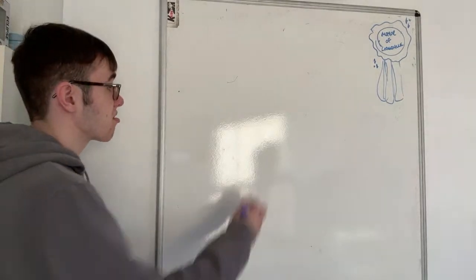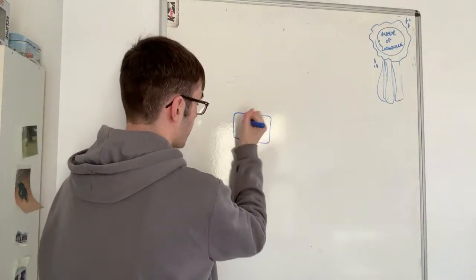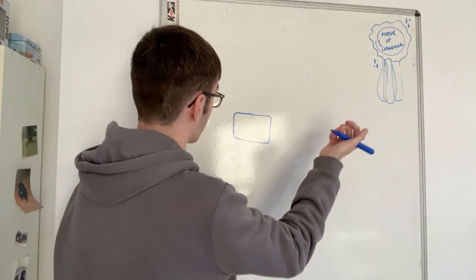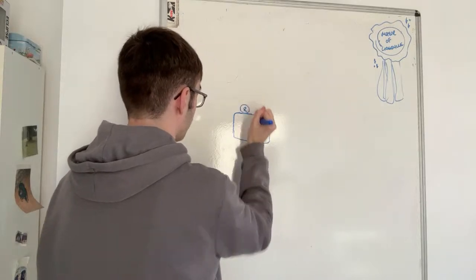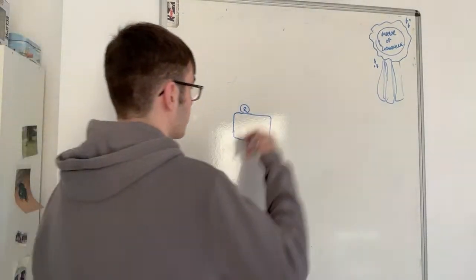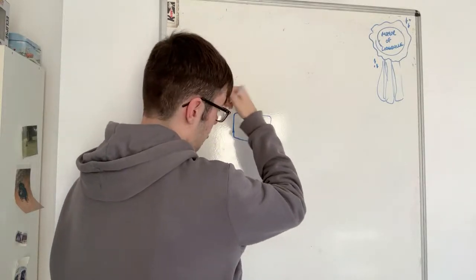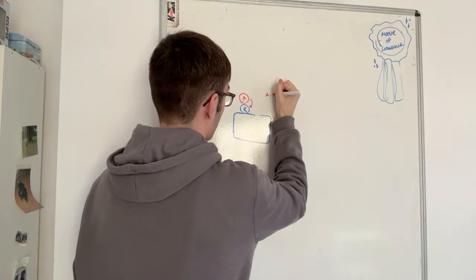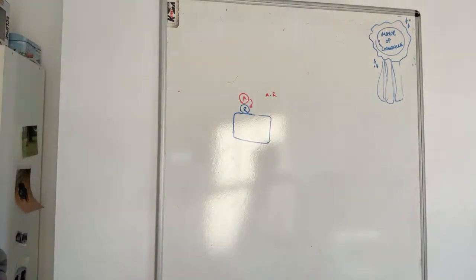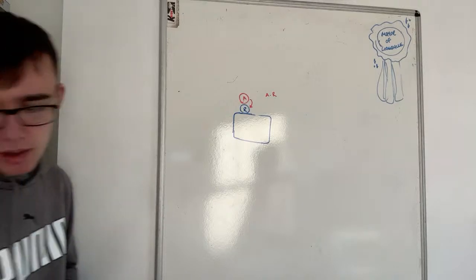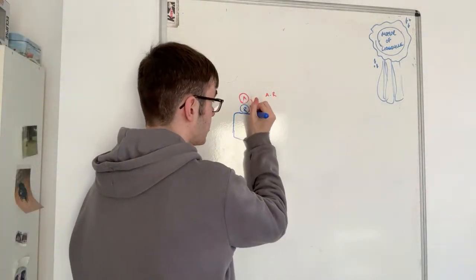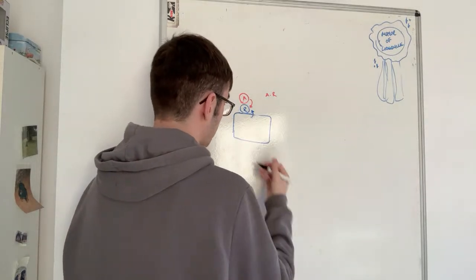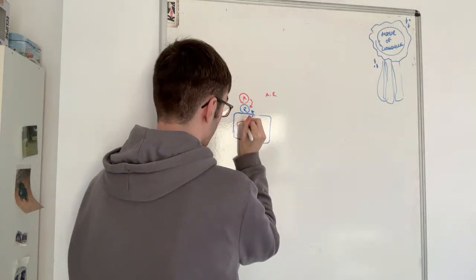Yeah, okay. This is literally just the effect of adrenaline. So we have a cell here. I'm drawing it square, even though it's not a plant cell, because I don't care. This is a receptor. We have adrenaline binding to the receptor on the cell surface membrane. This forms an adrenaline receptor complex. This is then going to change the shape of this transmembrane protein. Because it changes shape, it is going to cause the activation of